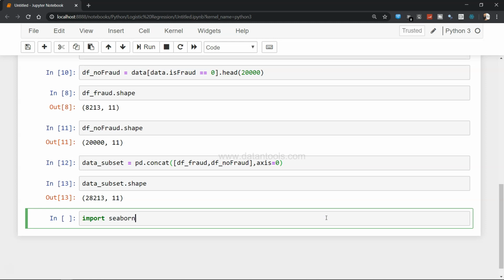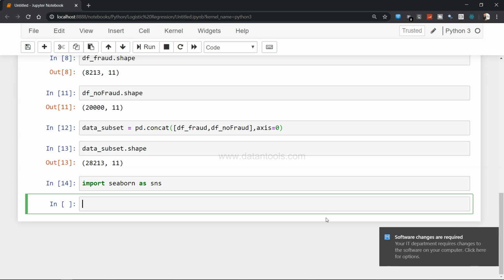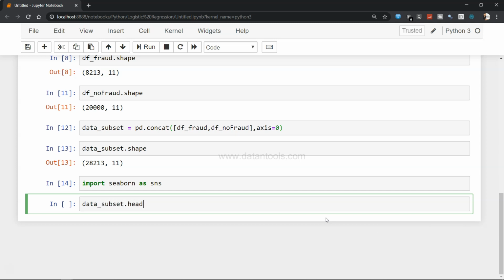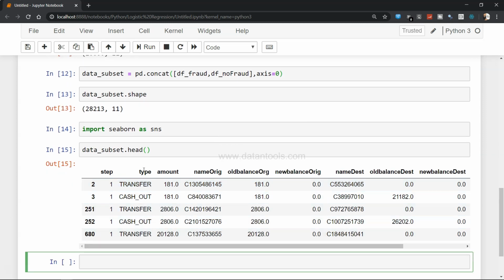After that you can do some data exploration, for example using the Seaborn library. So now I am importing Seaborn as sns, and let's create a bar plot by the column type. If I show you data_subset.head, it will show me the first 5 observations. The column type has the different payment types that were used by customers for paying the amount.